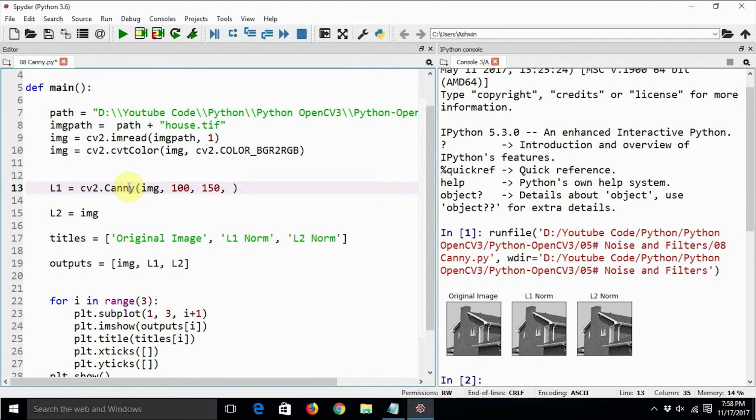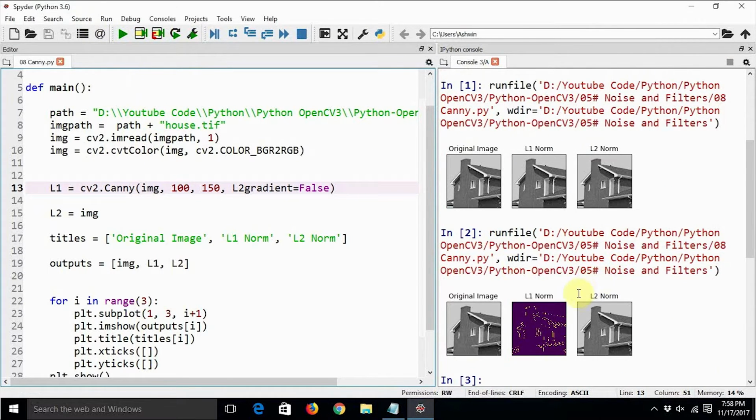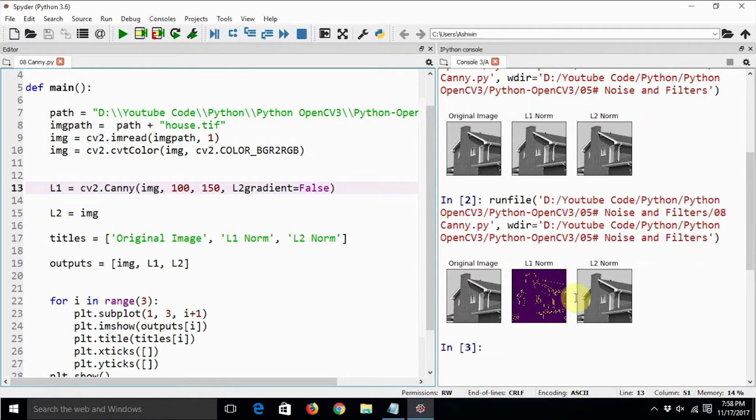And L2 gradient, we are going to set it to false, L2 gradient equal to false. This is going to call the Canny Edge Detection algorithm with the L1 gradient, or L1 norm, which is the same thing. Let's execute this code, and here we can see that it is showing the output of L1 norm.